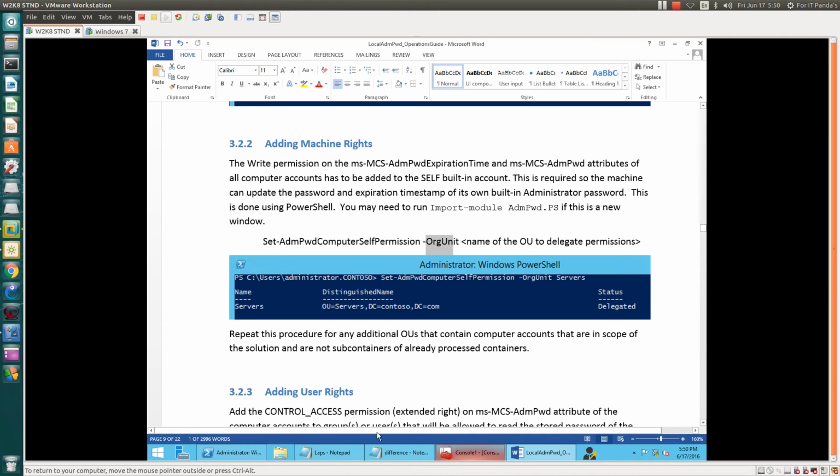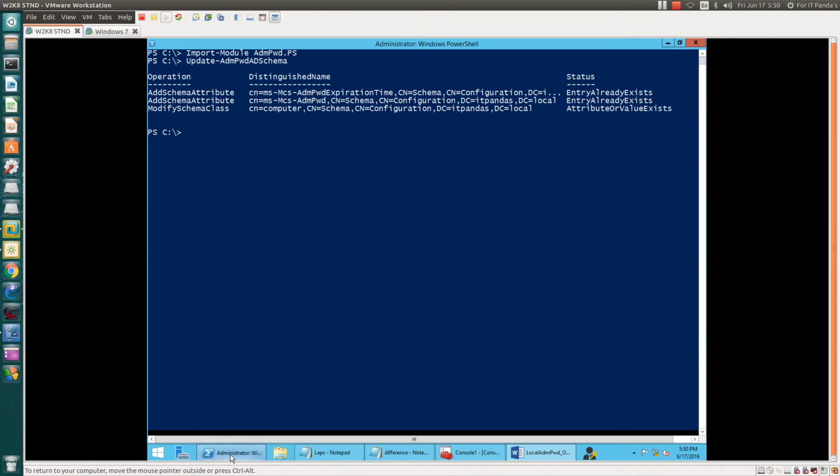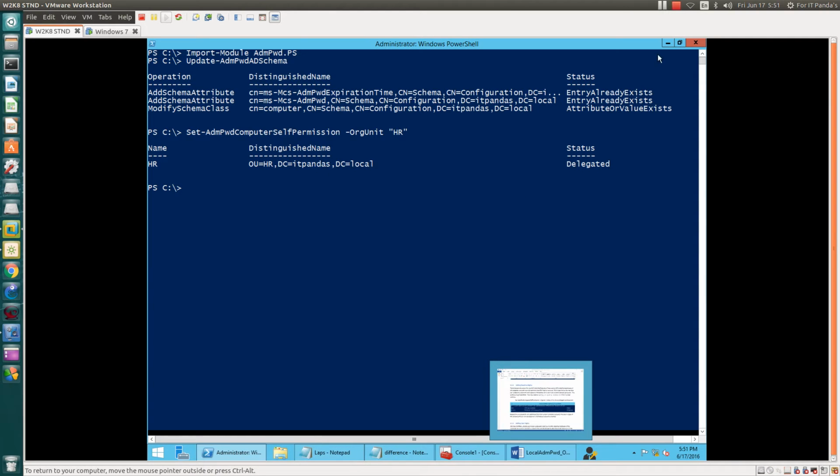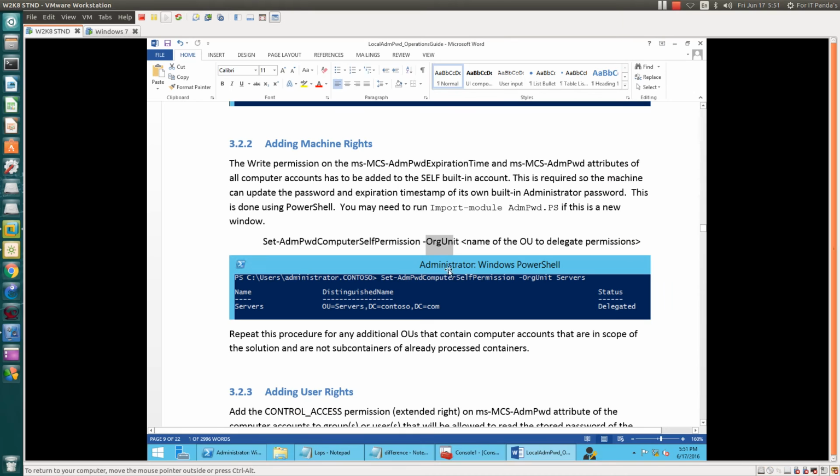Let's go ahead and type Set-AdmPwdComputerSelfPermission, organization unit HR. Hit enter. Okay, permission has been delegated to this organization unit. Now computers are permitted to self update their own passwords.